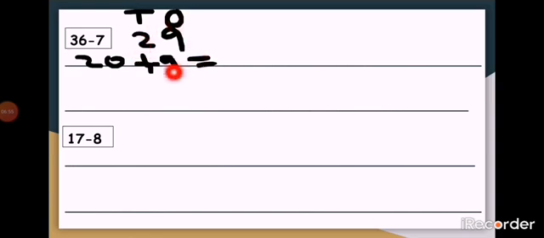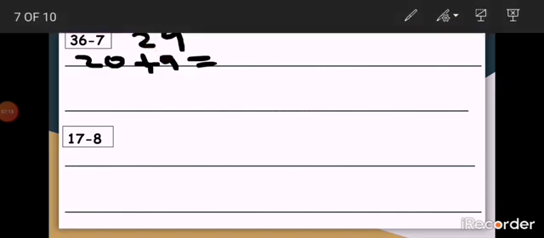Now, again, I will suggest you to find out the nearest 10. Round up to the nearest 10. So, if we round up 29 to the nearest 10, the nearest 10 is, yes, it's 30. And from 30, if we count back, how many numbers we have to count back till 29? Good, 1. So, the next calculation is very simple. 30 minus 1.